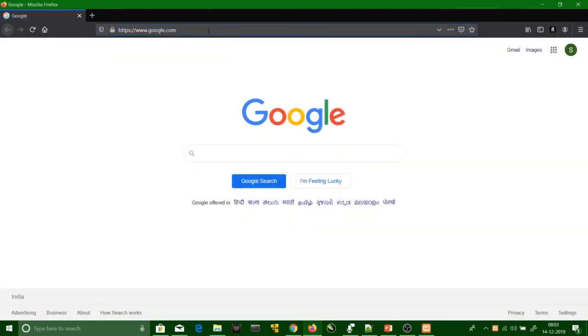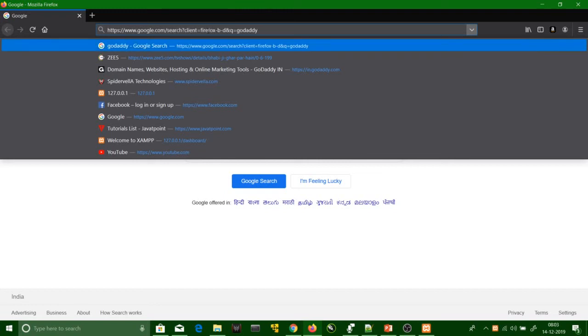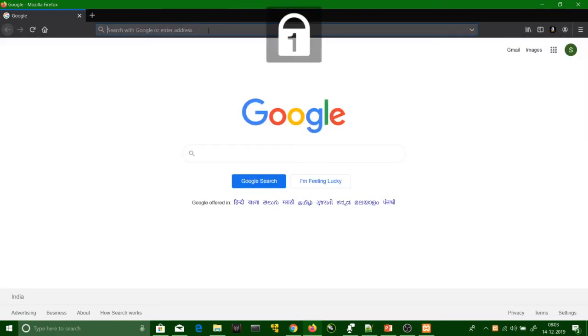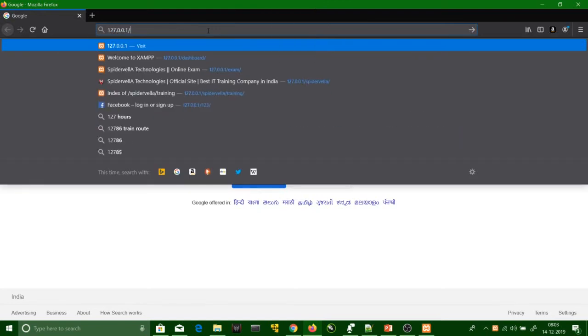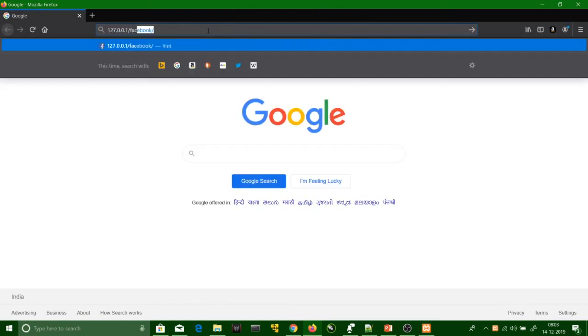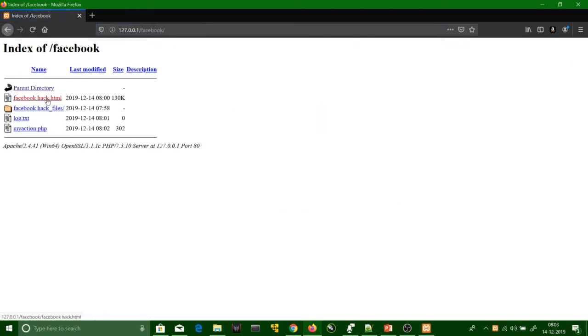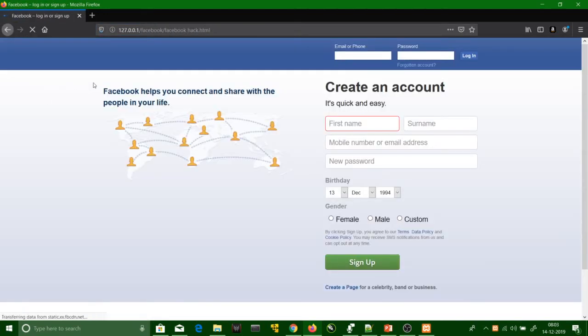I will type my localhost IP address, that is 127.0.0.1, and we have saved our file inside the Facebook folder. Now this Facebook hack.html page is open.